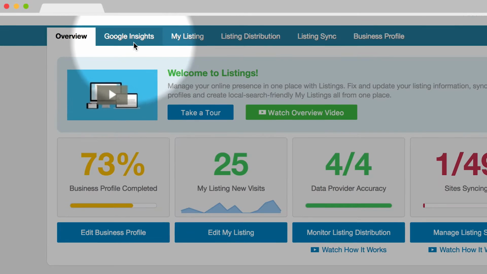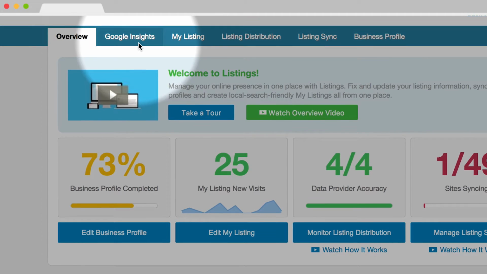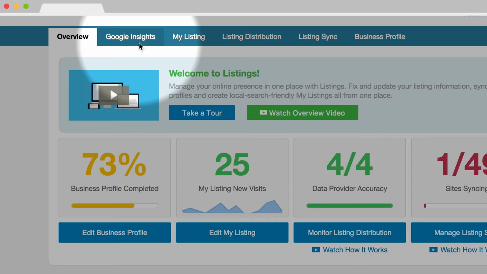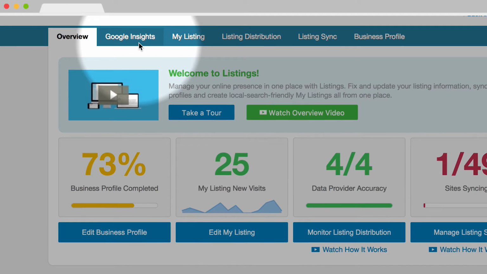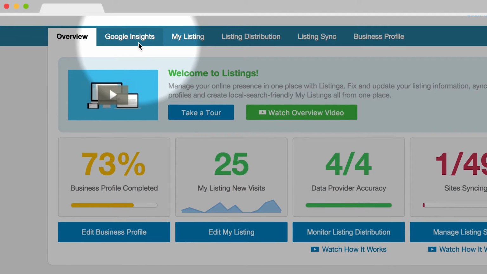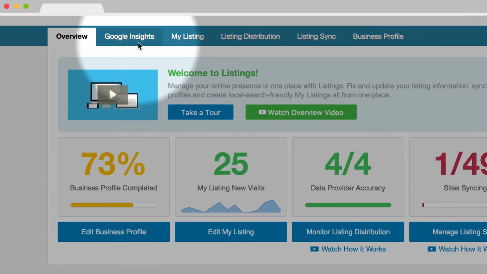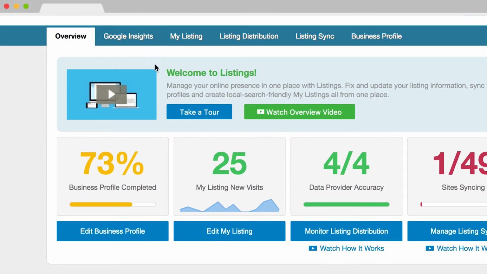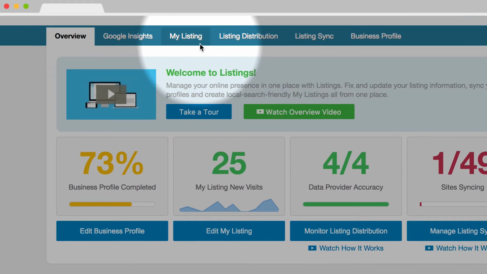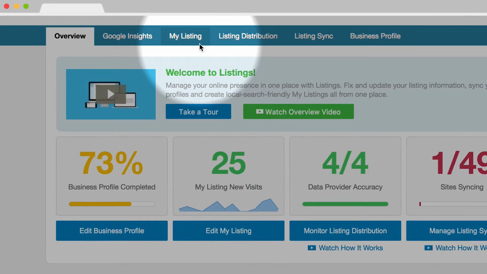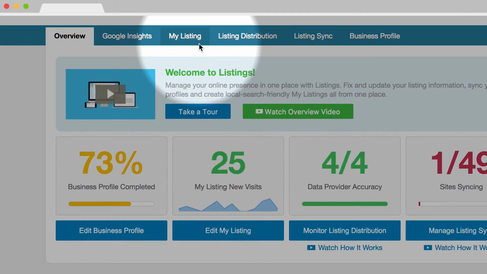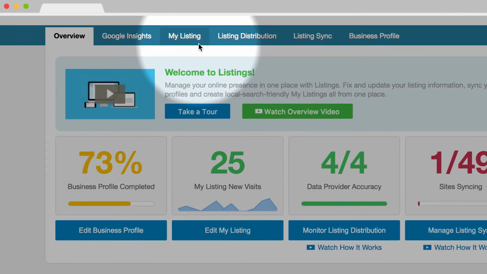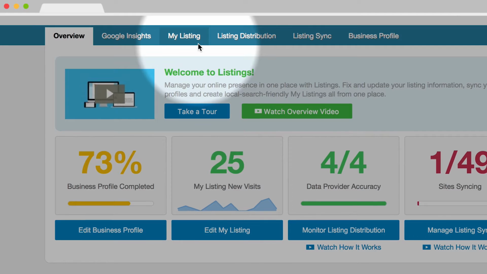With Google Insights, you can track the performance of your Google My Business listing right from within your listings dashboard. You can unlock valuable information on your customers' interactions, like the number of website visits, phone calls, and requests for driving directions you receive. We're providing you a mobile-optimized business listing called My Listing. This instantly provides you with another place for your customers to find your business online, and is fun and easy